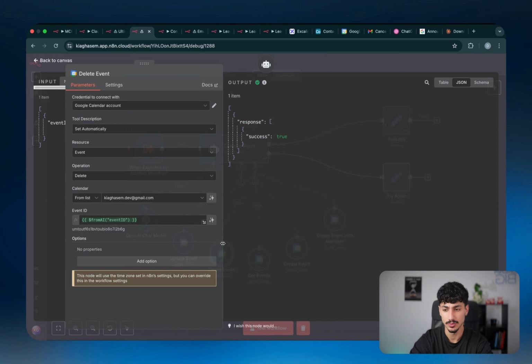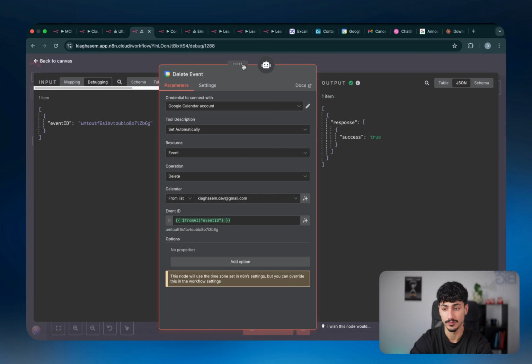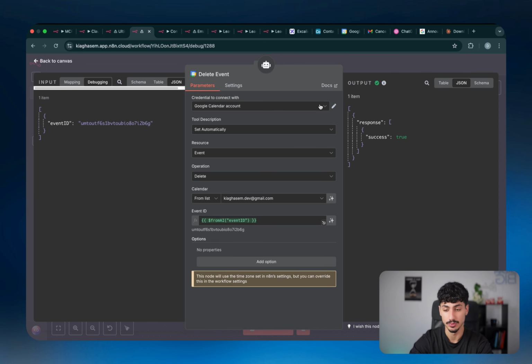And then in terms of the tools, again, what you guys want to do is connect yourself to your Google Calendar. And that's literally just a simple sign in. So it's very easy. Just click on that, click on create new credential and sign in. And then you want to define what parameters you want the AI agent to be able to control for each of the tools. So in this instance, for deleting events, all we need to do is define the event ID. So you can click on this star button, and that means that now the AI agent is capable of deleting the event. But for example, for the actual calendar, I've decided that it should always only access my calendar, so I didn't let the AI agent decide which calendar it should use.